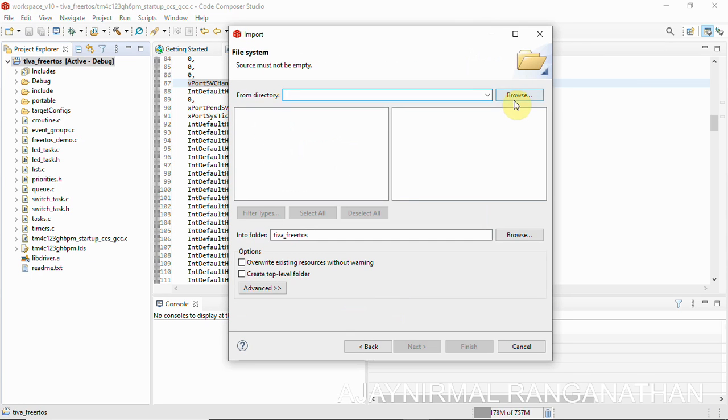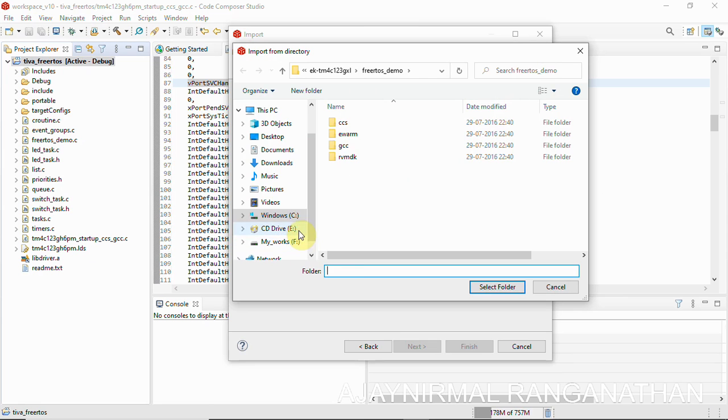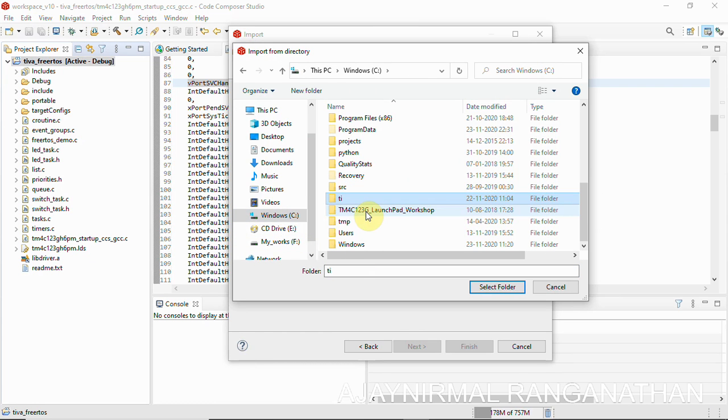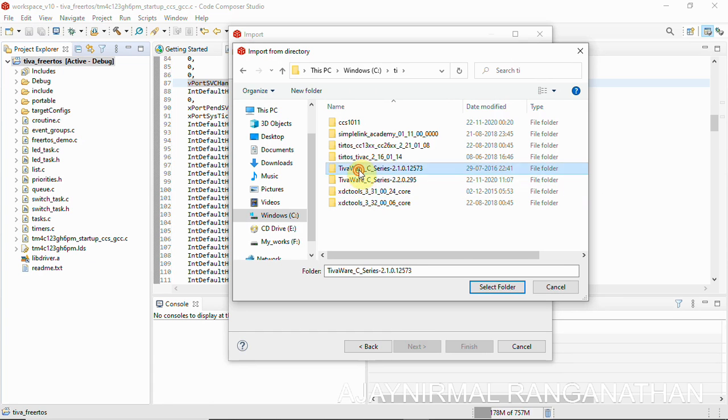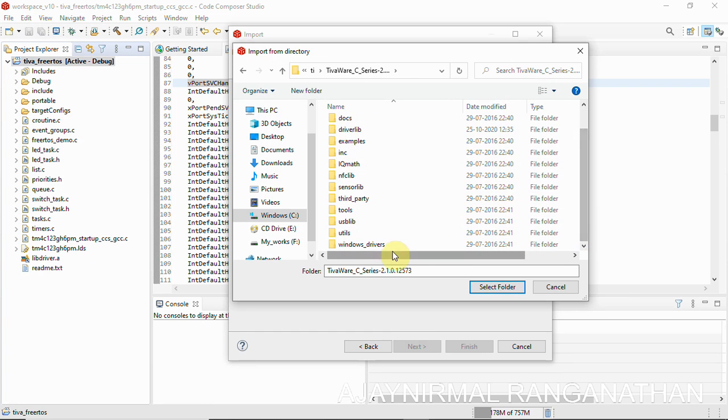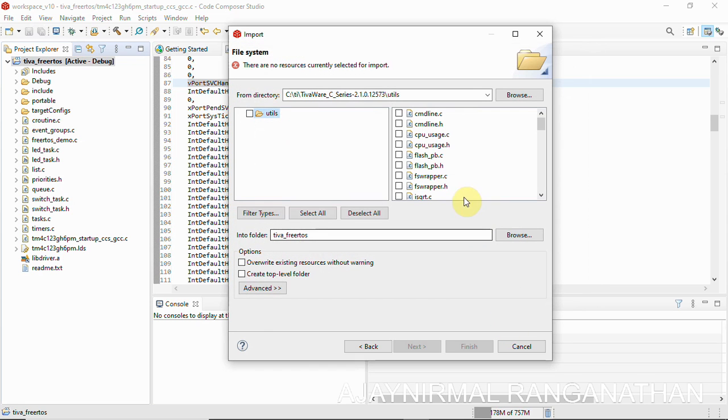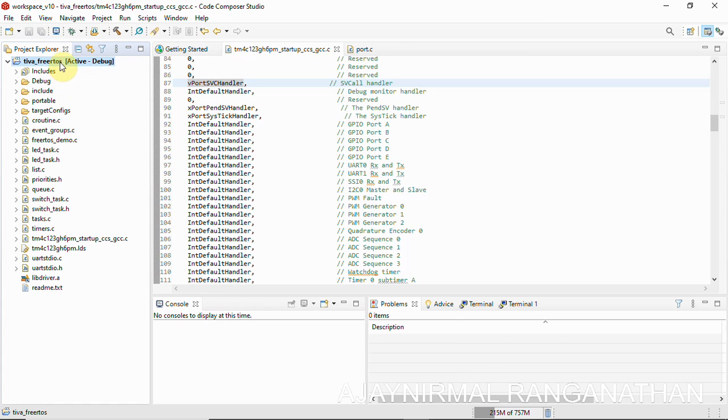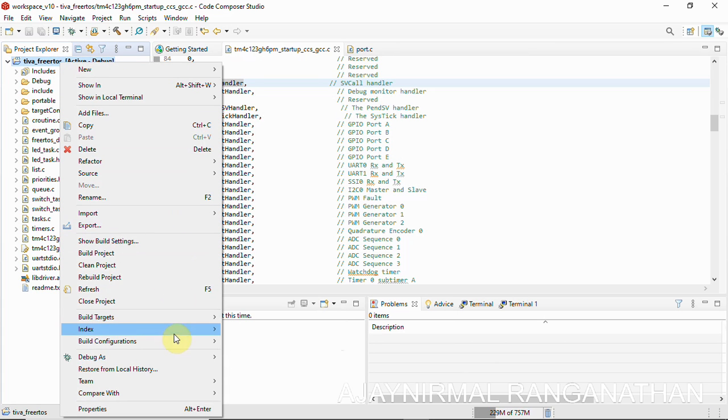Next again import, C, TI, utils. Select this folder, and we are going to use the uartstdio.c and uartstdio.h, and then you can click finish. That is, we will be using certain functions to see the output in the serial console. So click on finish, and then again right click,